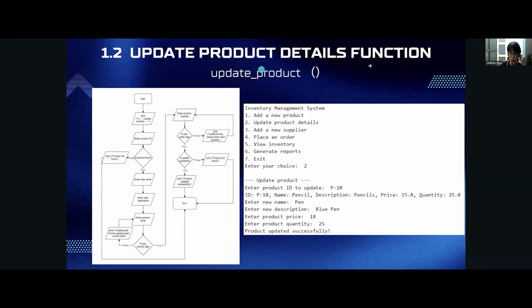Next we have the update product details function. In this function, the user will be prompted to enter the product ID to identify the product that needs to be updated. After the product ID is entered, the system will prompt the user to enter the new name, new description, new product price, and new product quantity for updating it. And on the left,